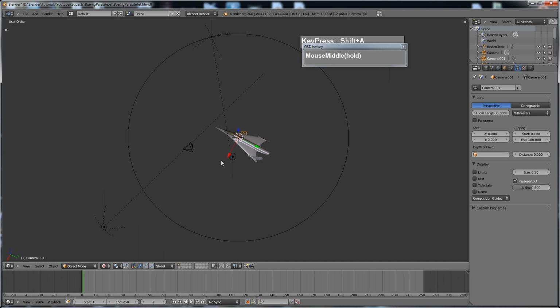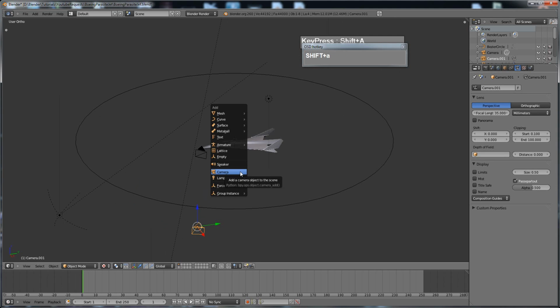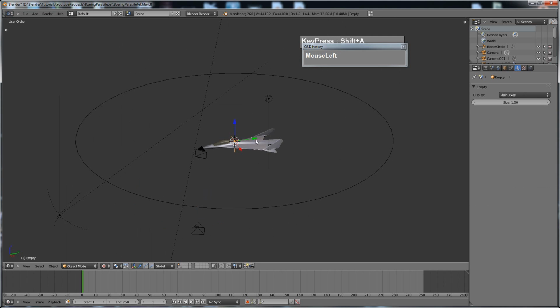And I'm just gonna press G and then just grab it aside, put it aside for the time being. Okay, and then the next thing I want to do is create an empty. Press Shift A and create an empty, and just move the empty aside as well. Okay, so this is how I want you guys to parent your